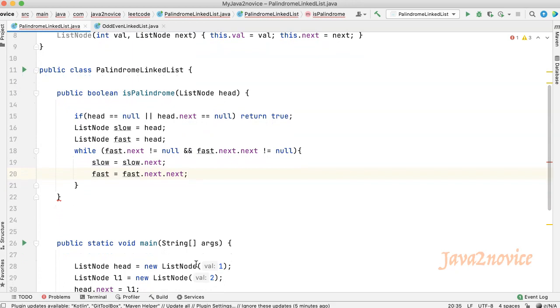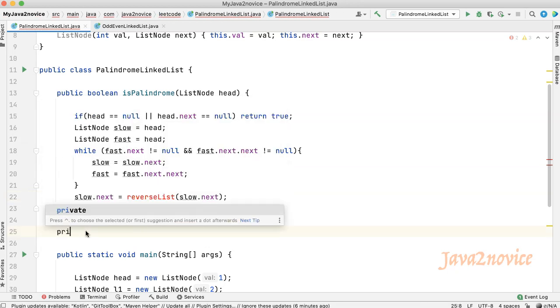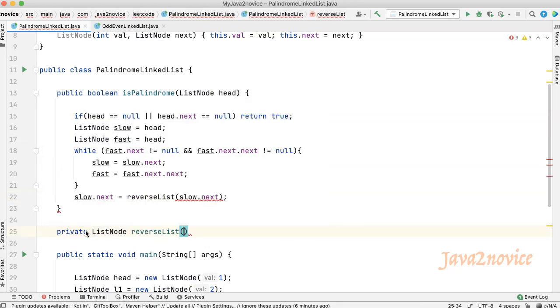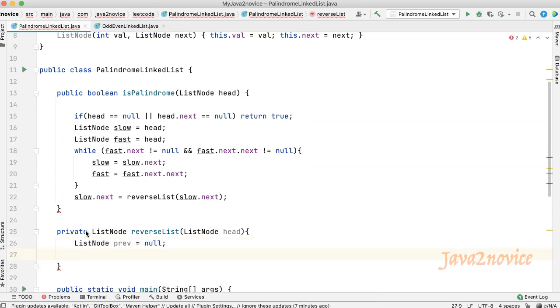So let's reverse the second half. Let's write this utility function, reverseList. Declare a previous node reference. Now iterate over the list using a while loop.